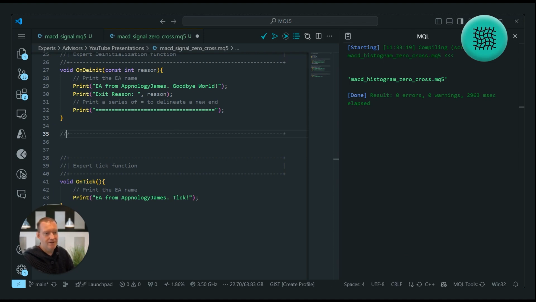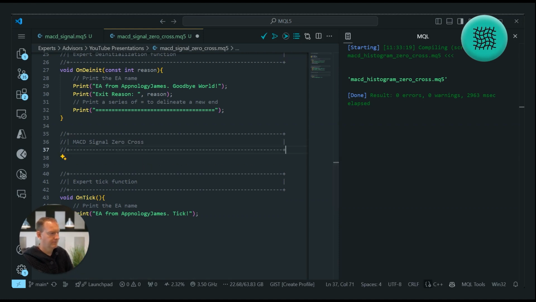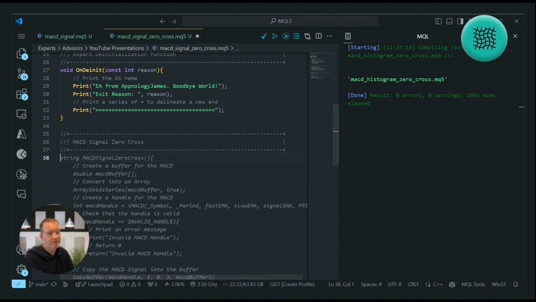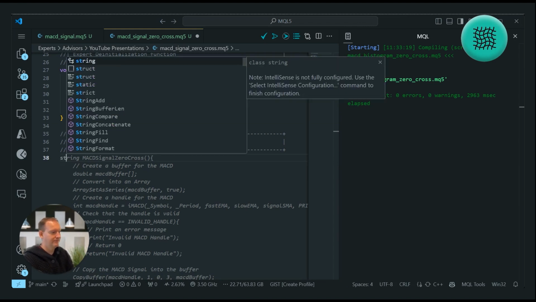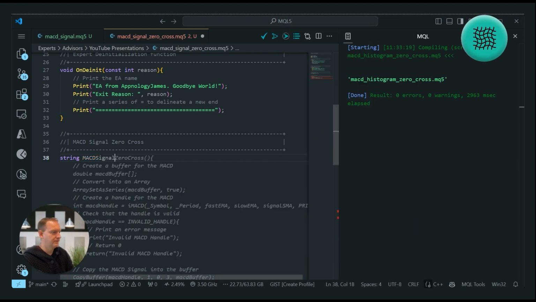Now we're going to add in our function. It's going to return one of three values and an error value. So the three values are no cross, below zero and above zero, and it will also return an error if that comes up as well. So that's going to be a string. So here's our MACD signal zero cross